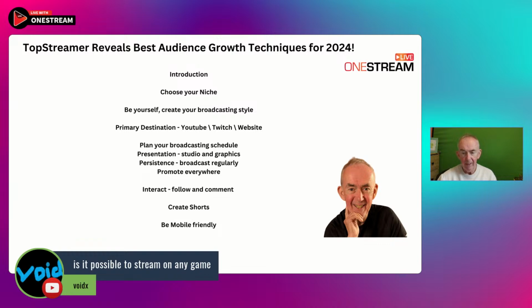What I would do, if you're game streaming, then you want to be on Twitch, because that is primarily owned by Amazon. It's a gamers platform. And if I was streaming a game, then you've got 2 choices. You can either use OBS on its own, or you can use OneStream. If you're using OneStream, then just put the game on OBS. That's the easiest way to do it, because then you get sound, and bring OBS into OneStream.